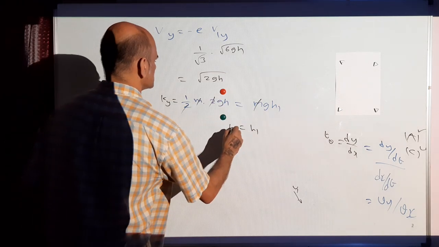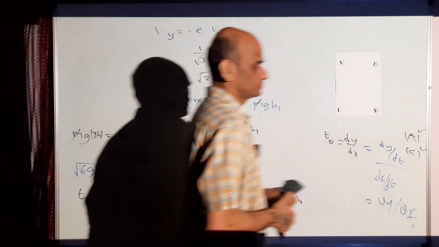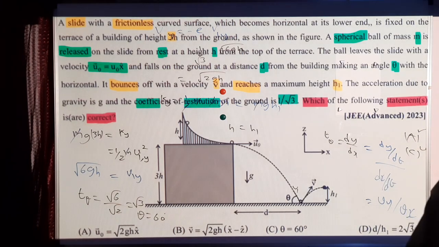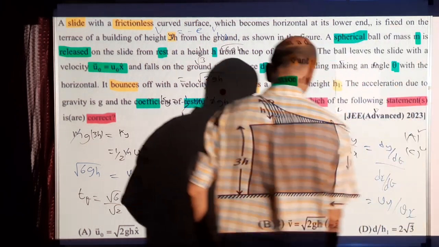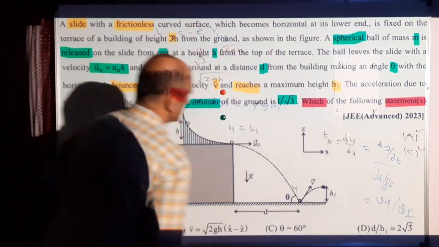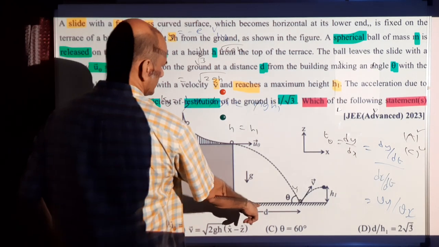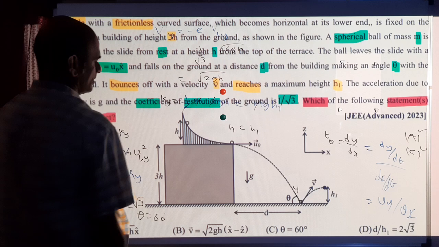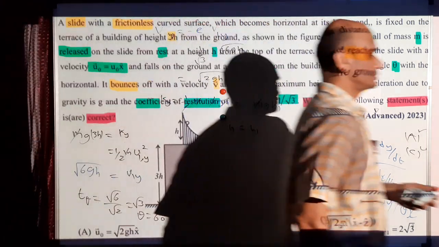So h1 is same as h. And this range of the projectile that is involved there, we can relate to the flight time. The range of the projectile d,